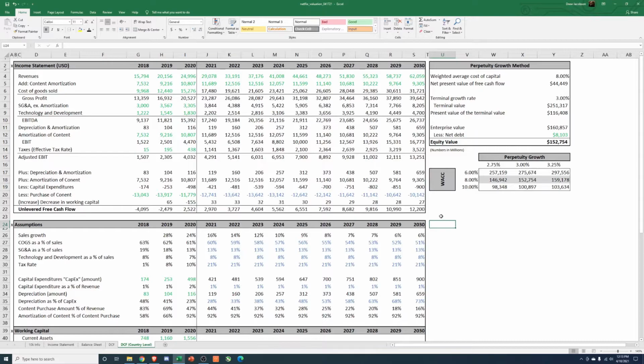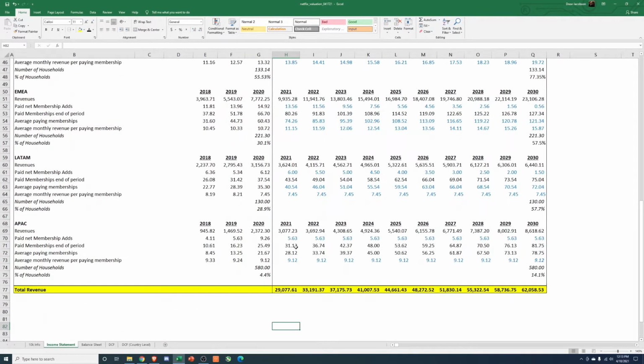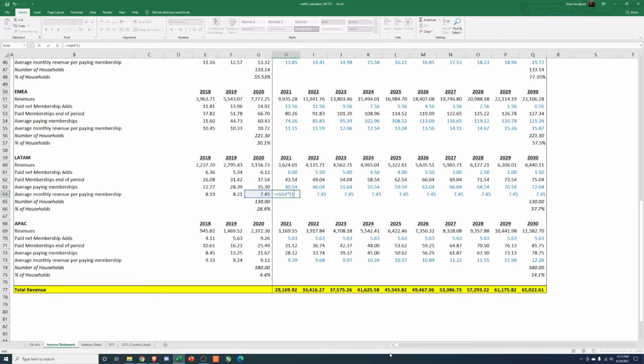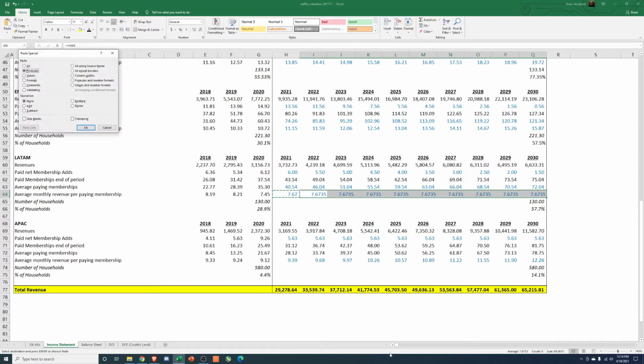I don't think this is the answer for what Netflix is valued at. You could come in here and refine the revenue projections. Another thing you could tweak: you could say that as they grow in these countries, maybe they can't grow 5%, maybe 3%. They're going to at least get inflation for all their business lines. They're not going to continue selling stuff cheap.